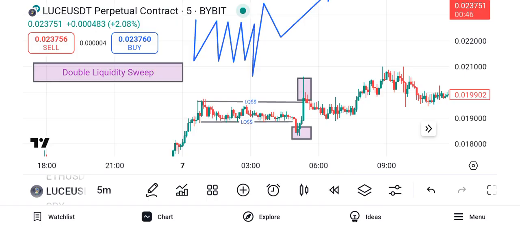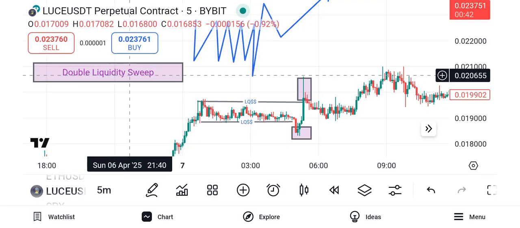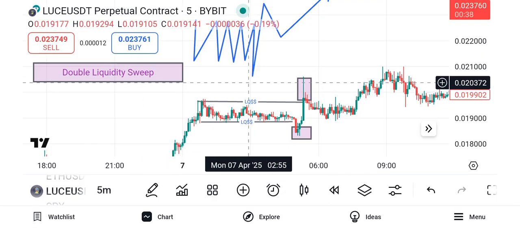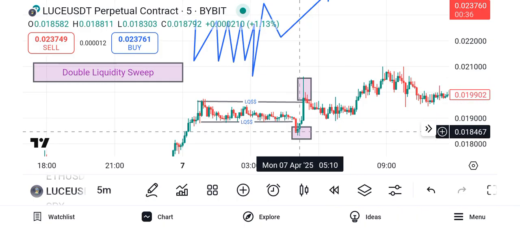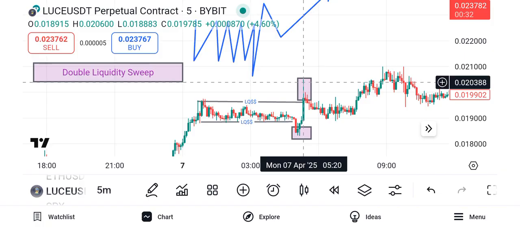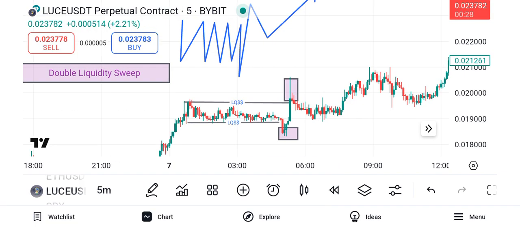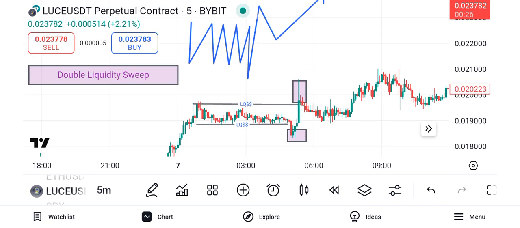This is a typical example of what a double liquidity means. It took out the liquidity at the downside, and took out also the liquidity at the upside, the double liquidity. Now, for you to know as a smart money trader where to go from here,